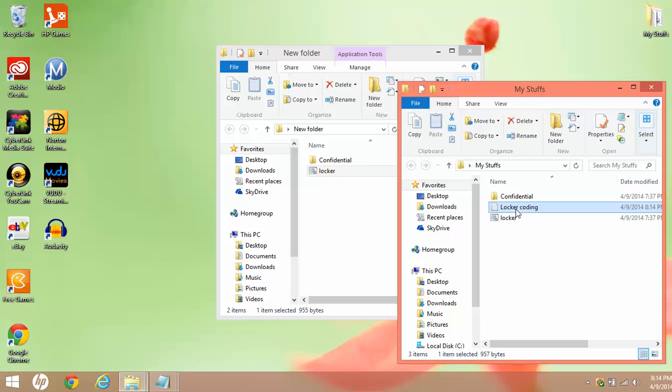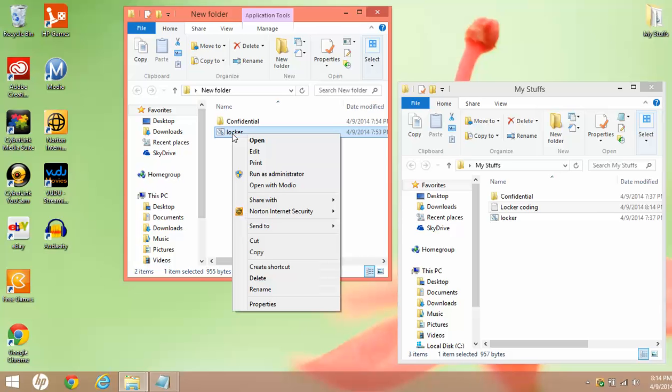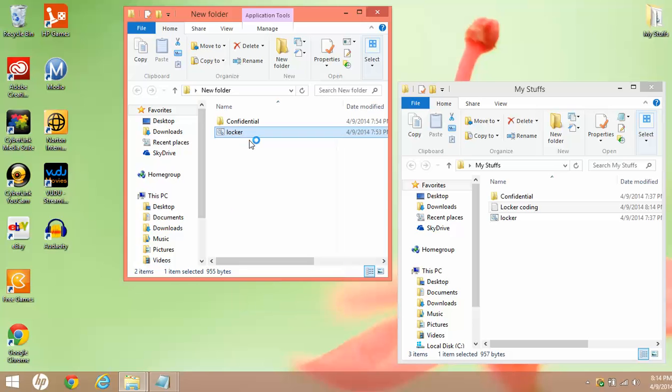Basically, how this works is when you first open it, I recommend you double click it so it doesn't pull up the command thing and ask you a question. That's just extra time. The first time you open it, whatever it says for Windows 8, Windows 7, my computer's different, whatever it says is going to say open. You can double click it and it'll say confidential, and that's where you can put your locked files. If you want to close this folder, you go to open, and confidential is still there,